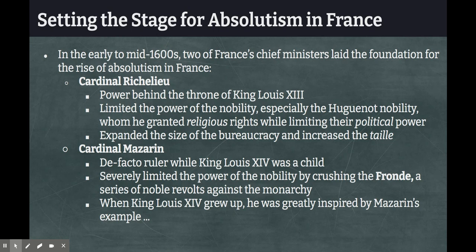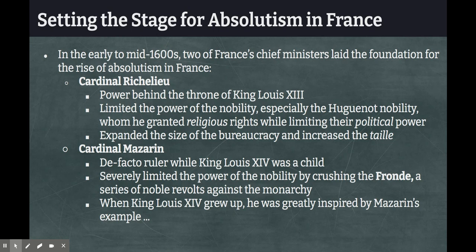And the people who help establish these absolute monarchies are actually not monarchs themselves. So in France, it's two chief ministers, so government officials, who lay the foundation for absolute monarchy in France. And the first of these is Cardinal Richelieu. Now, Cardinal is his title, it's not his first